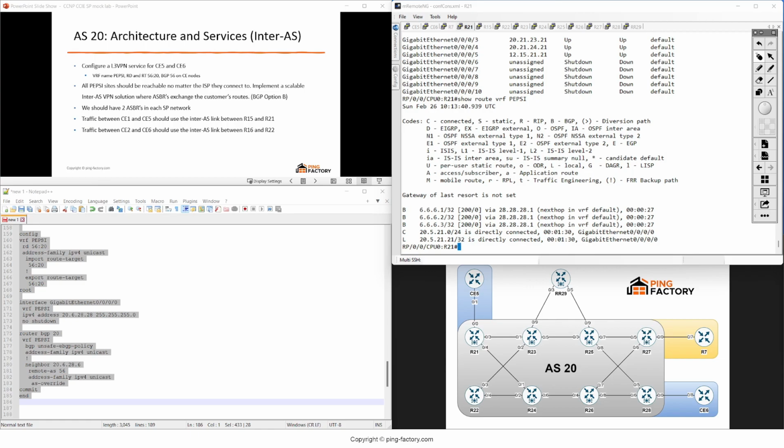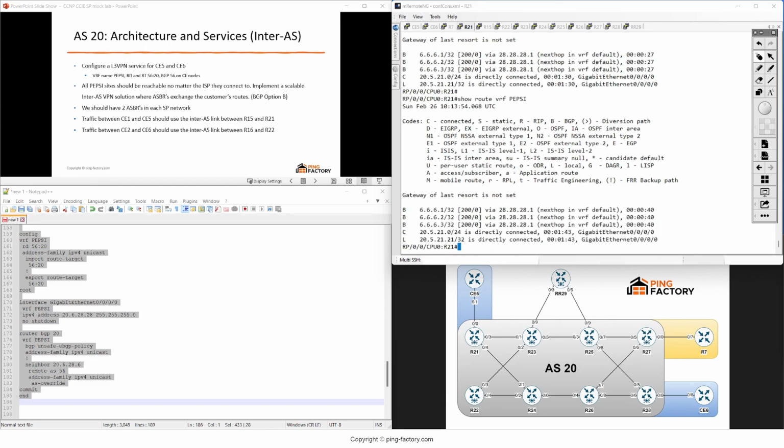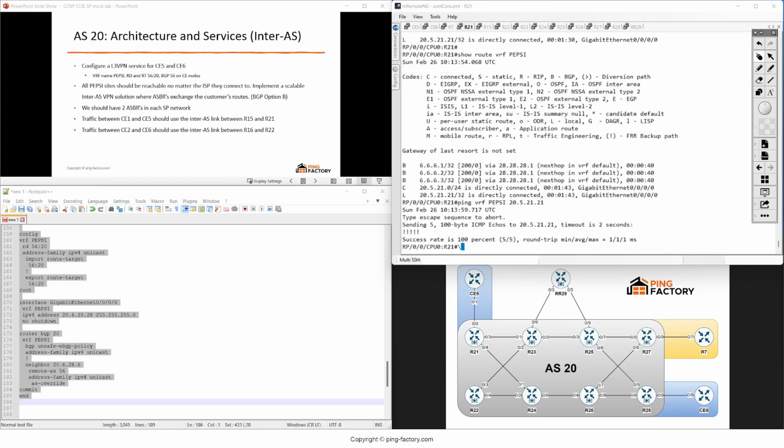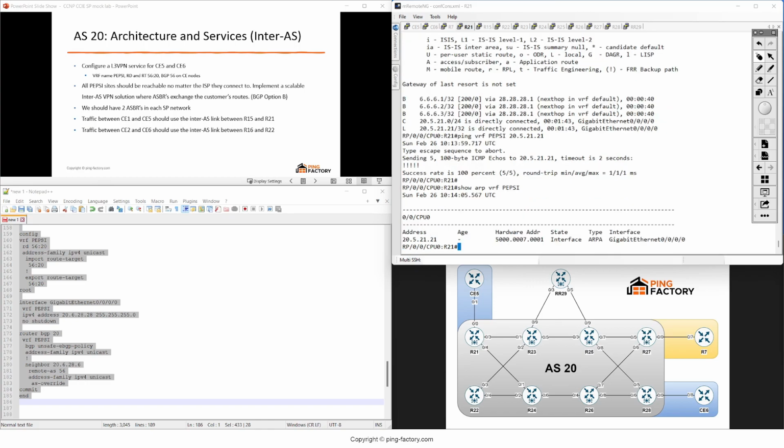Okay, on the other side, the configuration is good because I'm receiving the VPNv4 routes, but here, okay, let's do ping very closely. Okay, of course, we're not going to see an ARP. Okay, let me check